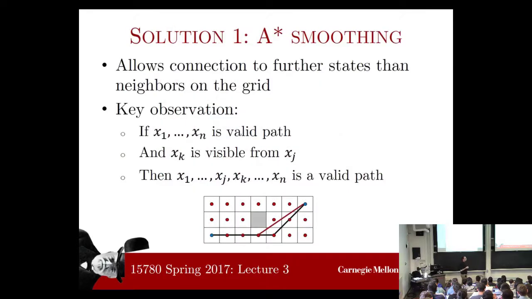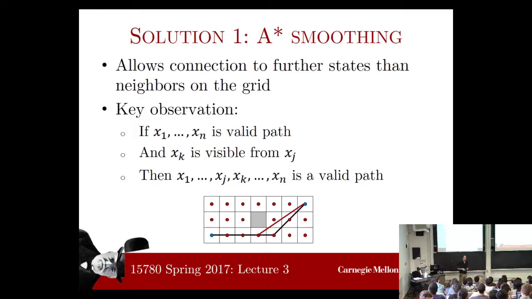So here's one idea. What we'll do is run A star and find the optimal path in this graph defined by the centers of cells, where you can go to an adjacent cell. But we'll use an additional insight, which is that if x1 to xn is a valid path, and xk is visible from xj, in the sense that there's an unobstructed line of sight between them,